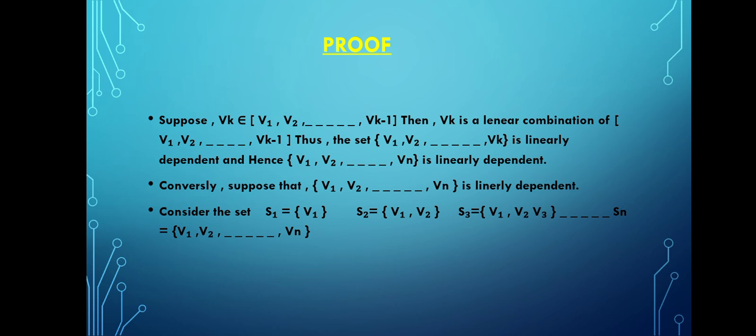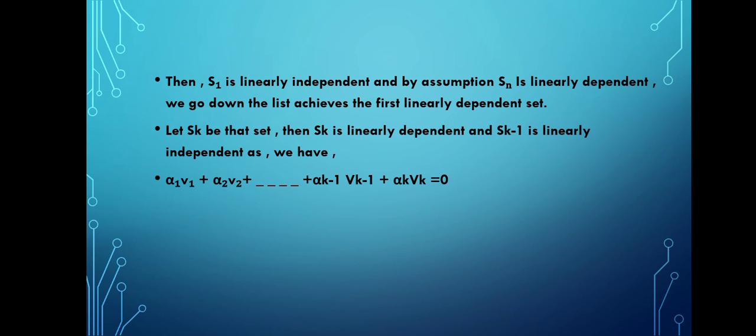Consider the sets S1 = {v1}, S2 = {v1, v2}, S3 = {v1, v2, v3}, ..., Sn = {v1, v2, ..., vn}. In the next part, S1 is linearly independent, and by assumption Sn is linearly dependent, so we go down the list. Choose the first linearly dependent set. Let Sk be that set. Then Sk is linearly dependent and Sk-1 is linearly independent, as we have